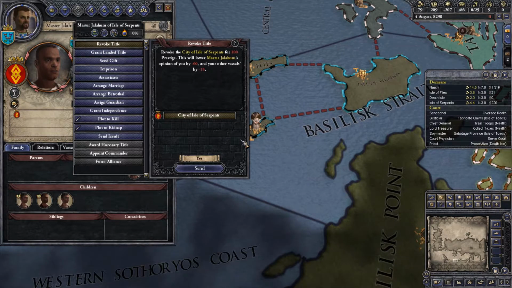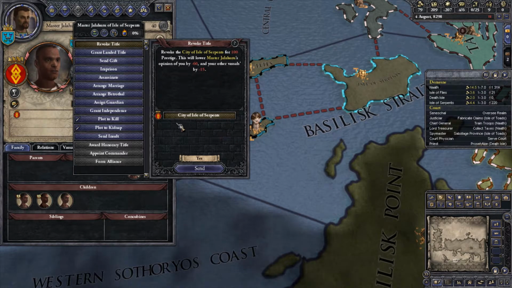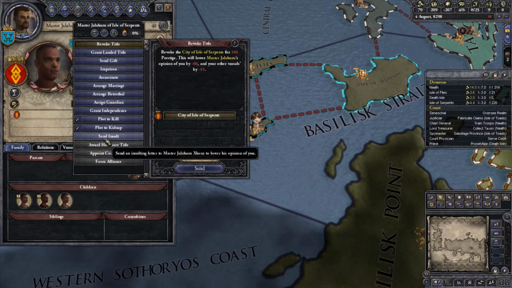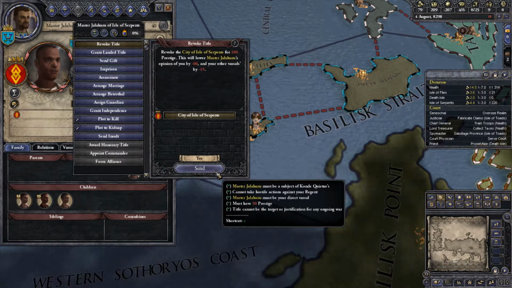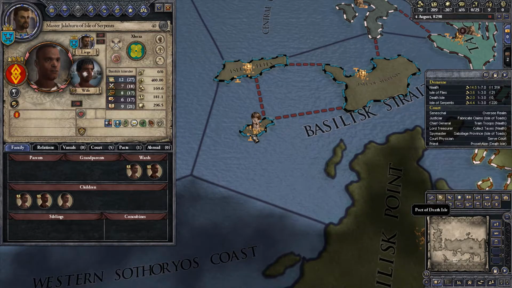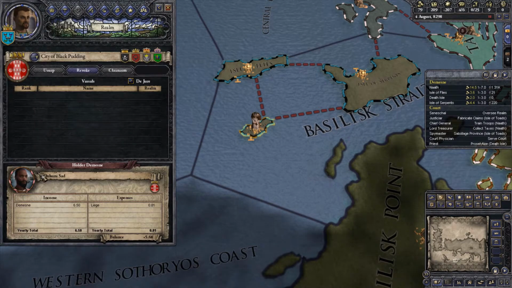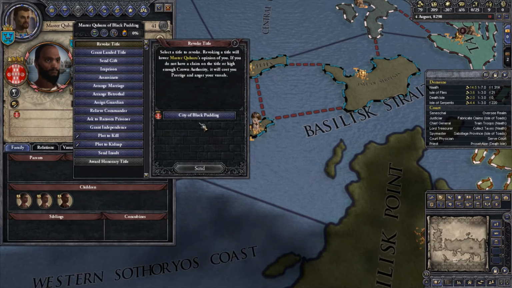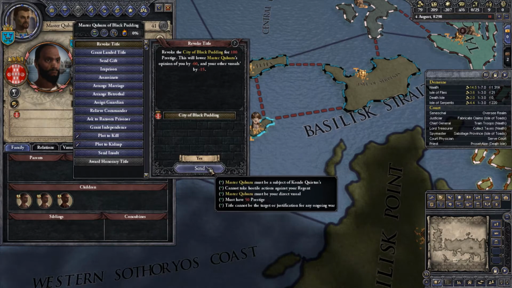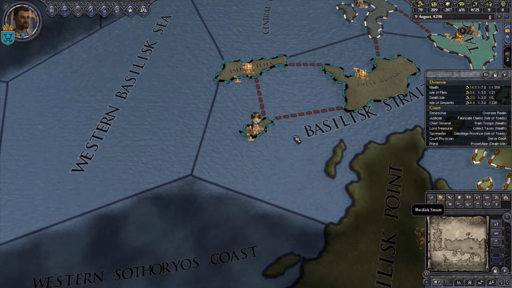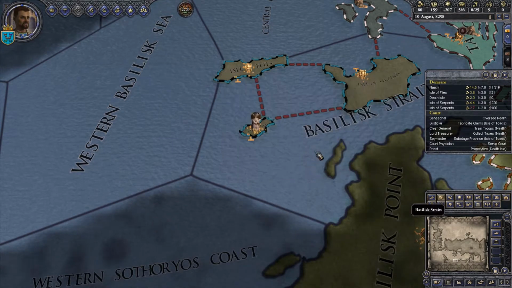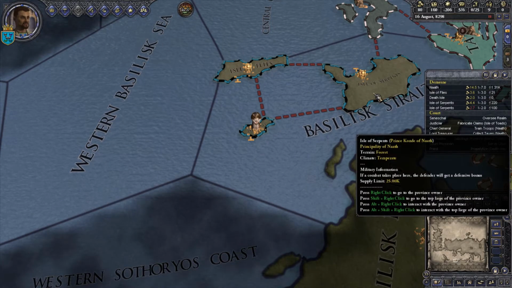Or since he's got a different religion, a different culture, it should only piss off people of that religion or culture. Yeah, let's just go ahead and do it. And since I'm just taking the hits, I might as well just do it now. Even if they say no, they're going to go to war with me right away. Okay, so he says yes. We're just going to go there and smash his face anyways. Alright,